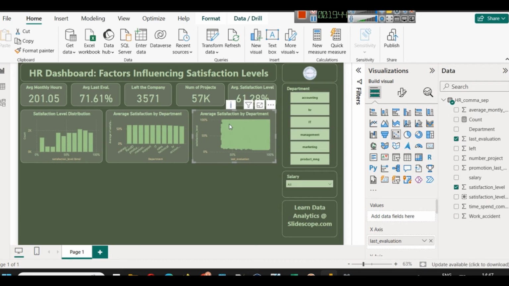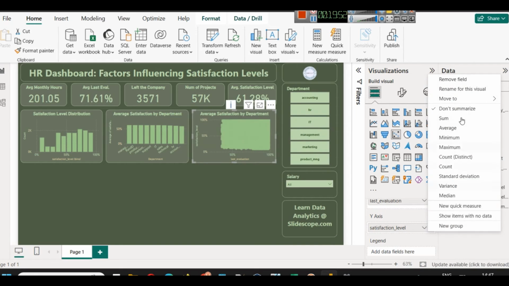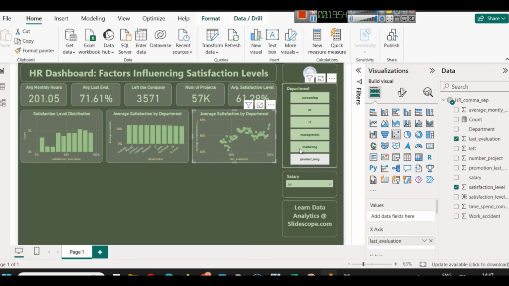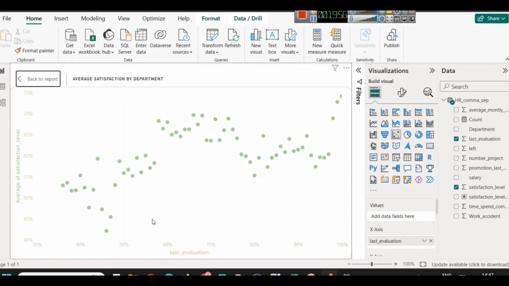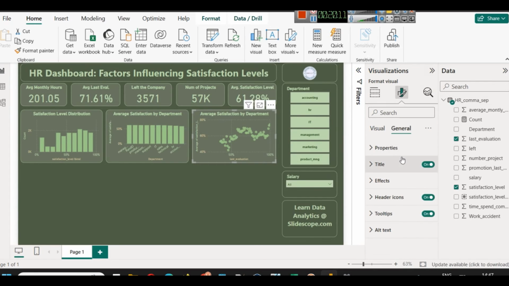So here you can see average of satisfaction by department. From here we are hardly able to find out anything. So let's put on y-axis the average satisfaction value. On the basis of last evaluation, what is their average satisfaction value that we have done here, and we can say that if their last evaluation score is increasing as per this arrangement,